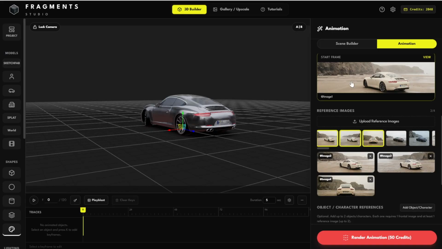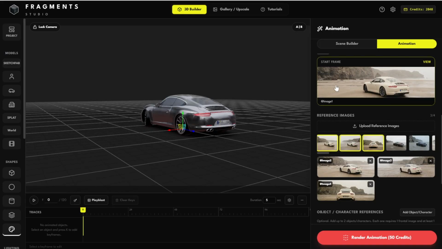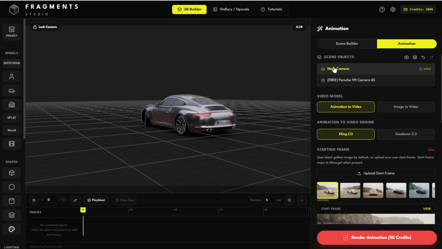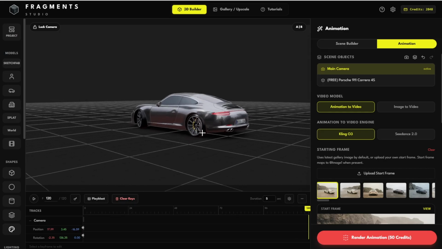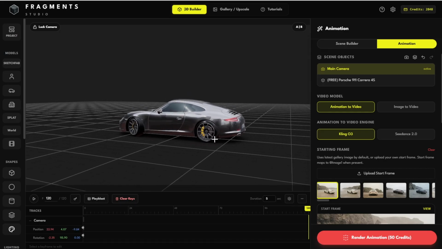Once our first frame is selected, what I want to do is select my camera from the object list, go to the timeline at the bottom of your screen, make sure you're on frame 0 or the first frame, and click the key button. This will create our keyframe for the first position of our camera. We then need to navigate to the last frame in the timeline and position our camera where we want it to be in the last frame,